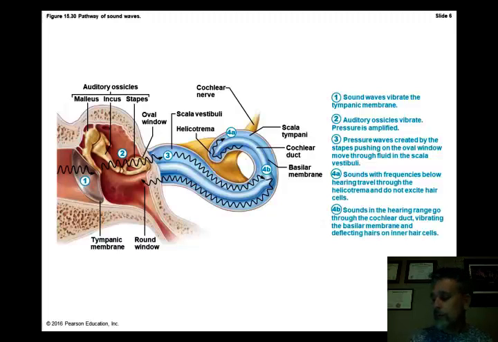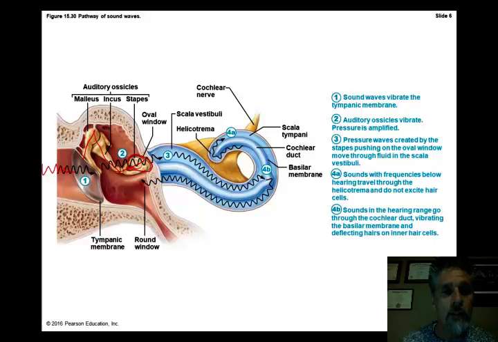Okay, so for these sound waves coming in, we talked about it already, coming in the outer ear, making that tympanic membrane bounce. Then our malleus, our incus, and our stapes transmit and amplify that signal into the cochlea. So where the stapes connects, there is what's called the oval window. It matches the shape, right? Oval window. And so that's going to beat out the rhythm on the oval window, and it sends it into